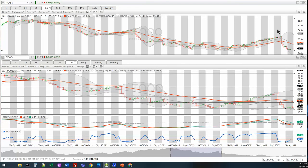Because at opening bell, it actually did try to go up slightly. You see that top wick? It was a last head fake, a final head fake by the market makers before they drop the tape on you and send it straight down vertically. So if you see something like this, the 195 in pre-market going down at opening bell,